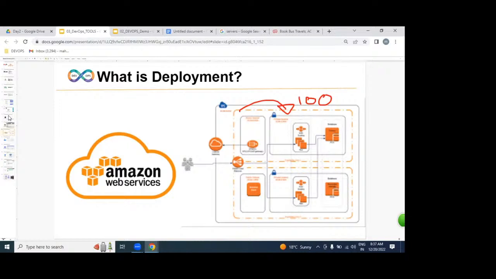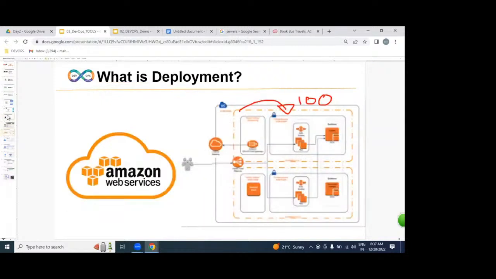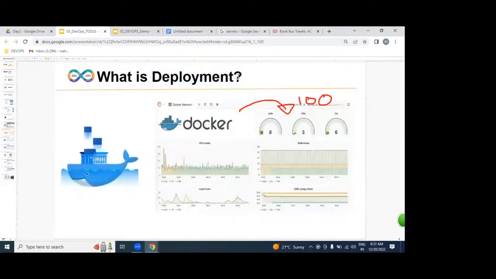So for my satisfaction, let me repeat this point. It's a very important point. We get hundreds of servers from AWS. After getting the servers, on top of those hundred servers, we implement an automated process with the help of Ansible and Chef. But where are we going to place our application? On the AWS cloud or not? Not only deploying on hundreds of servers, we can also place our application in a Docker container.